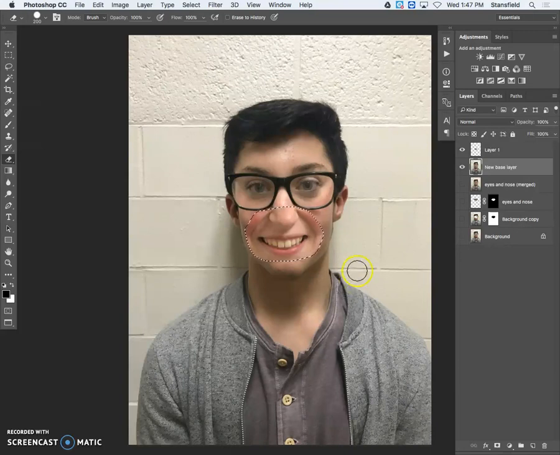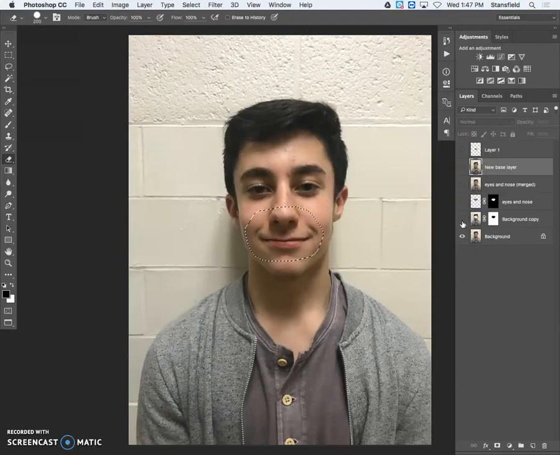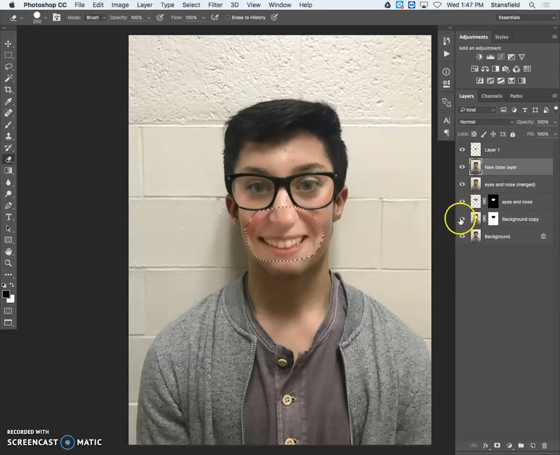So here, if you look, we've got a couple layers going. If we look carefully here, we have the background layer, the background copy, which had an erased section. We added the eyes and nose and then merged those. And then we added a new base layer. And then here we added a mouth that I want to now blend into the new base layer. If I uncheck the rest of these, if we look carefully,